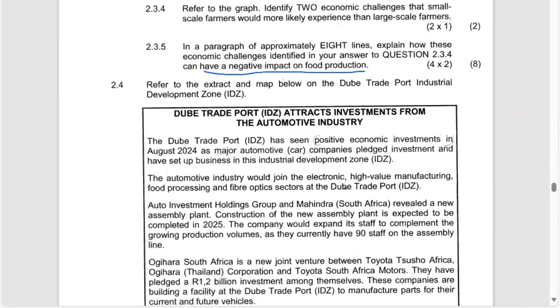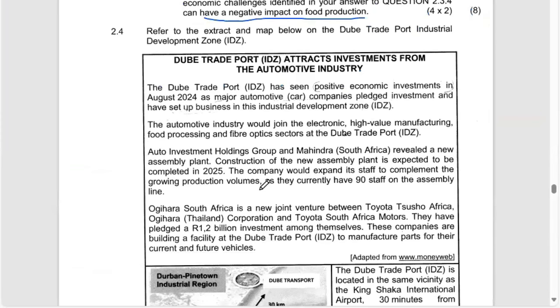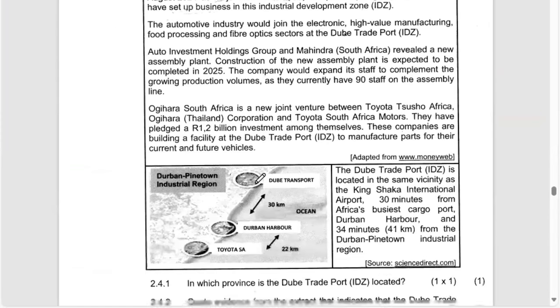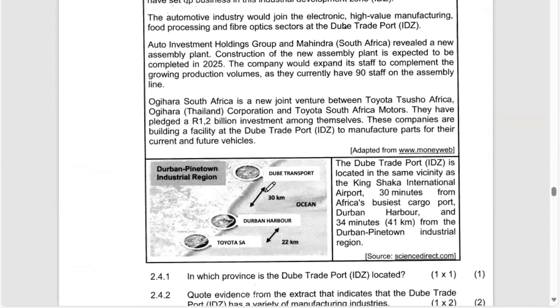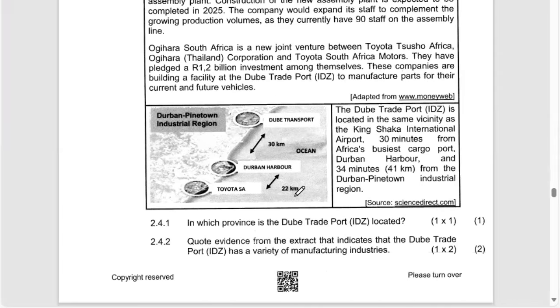Next question is question 2.4. Refer to the extract and map below on the Dube Trade Port Industrial Development Zone. We're not going to go through the text. The map is here of Durban Pine Industrial Region, which is showing the location of Toyota South Africa, and which is showing the Durban Harbour, which is also showing the Dube Transport and the Indian Ocean. Right. In which province is the Dube Trade Port located? For one obvious reason, it's in the KwaZulu